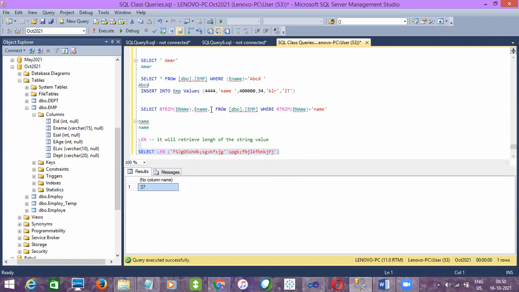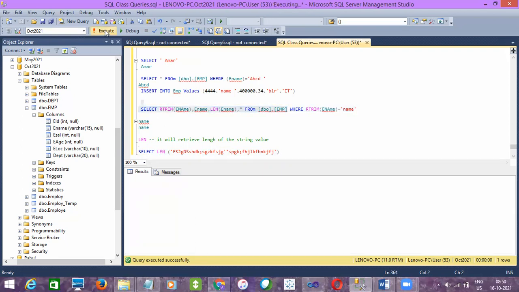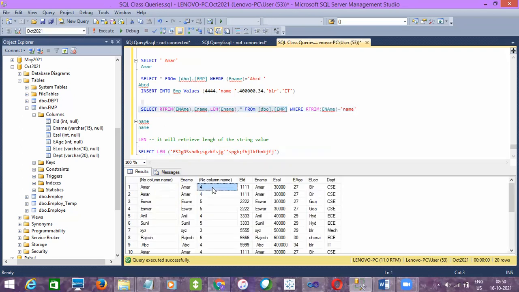The same way, you can also implement this function at table level, length of ename, the column name. Whatever length that column value holds, that length will be returned as output. Let me execute without the where clause filter. For all the values, we will get the length, right? So this is the length value 4, 4, and for Ishwar it is 5, 5, right? So for Rajesh it is 6. So length will retrieve the number of characters the value is storing.